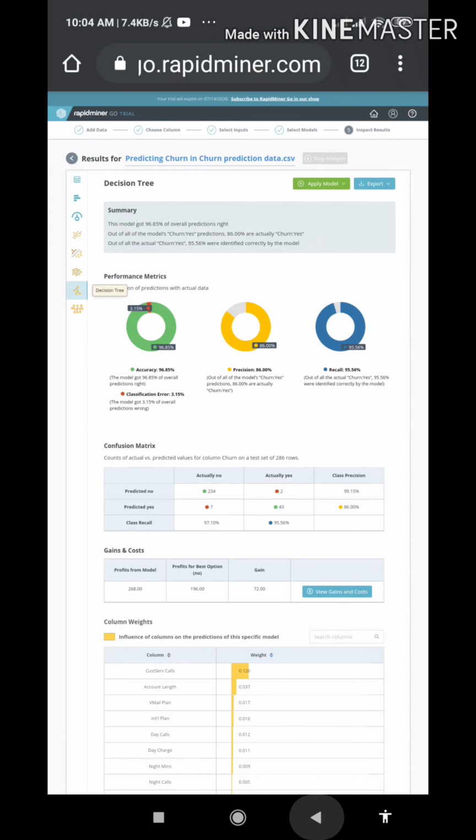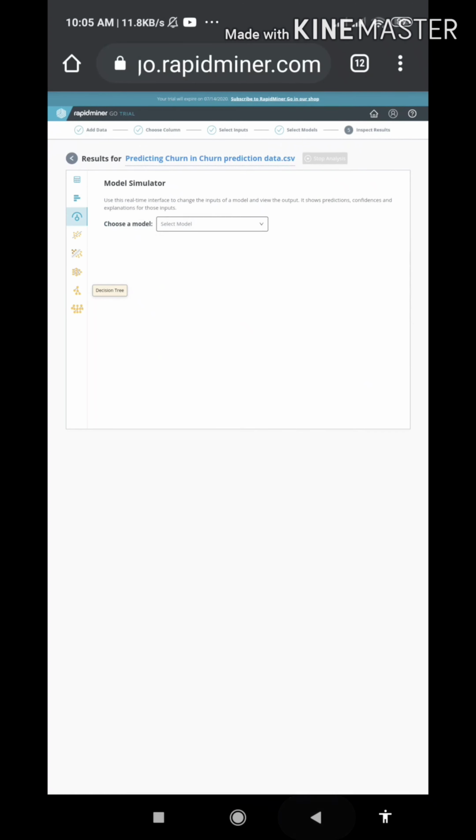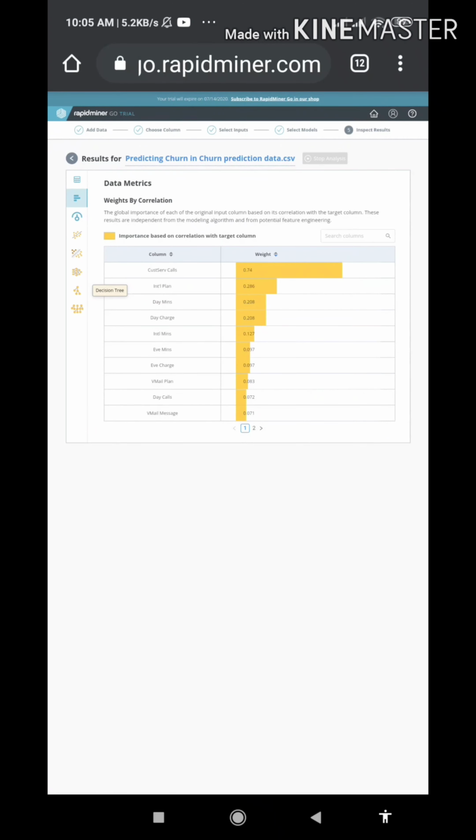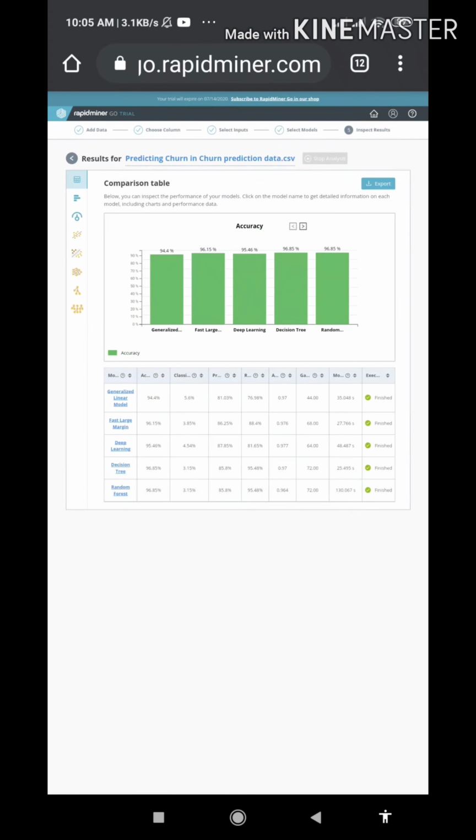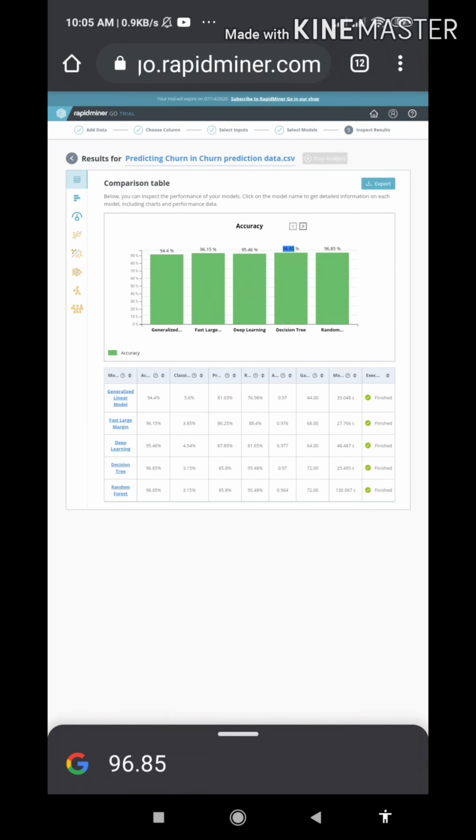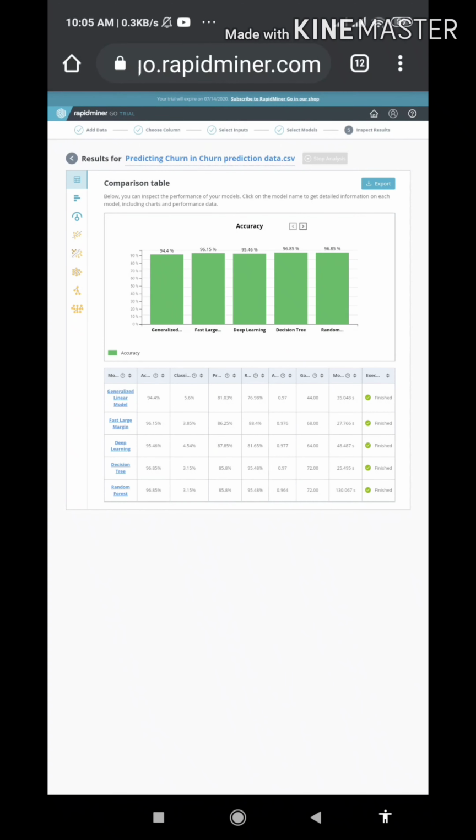If you want to use this as software, you have to download the RapidMiner software on your desktop, and you can use the end-to-end full machine learning software. The main important point of using RapidMiner is that it optimizes the models for your business based on business gains, not just accuracy. So definitely it will give you a good experience.